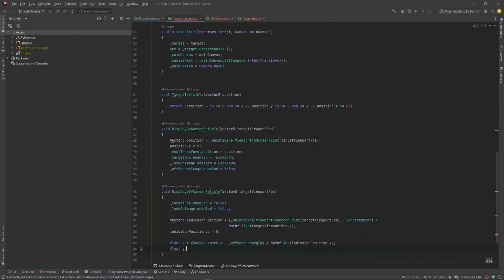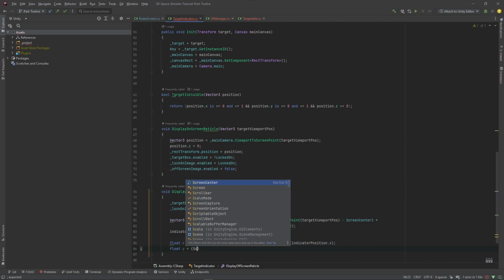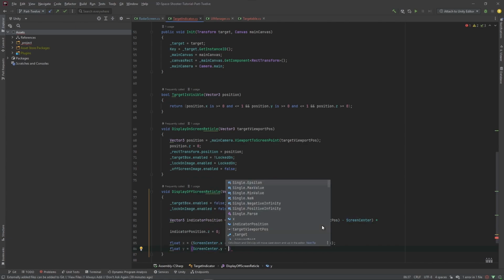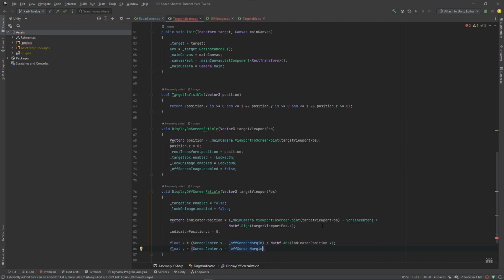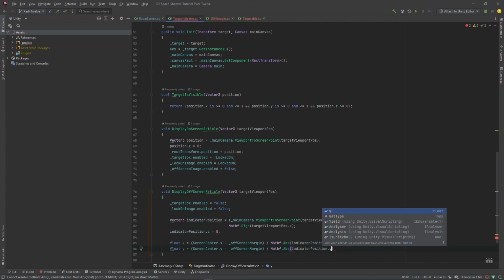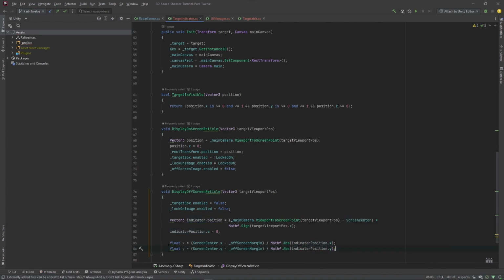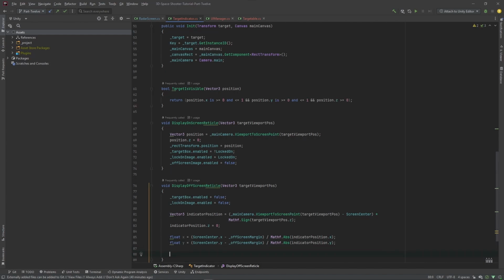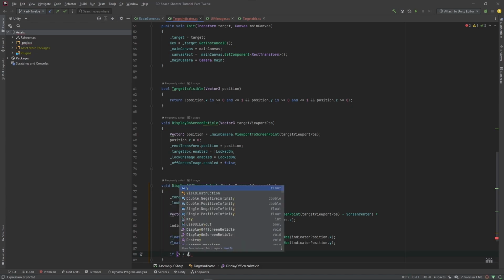And do the same thing for Y. Take our screen center dot Y, subtract our margin, divide that by the absolute value of our Y position. Okay, now we want to calculate this position based on whether X is less than or greater than Y. So if X is less than Y,